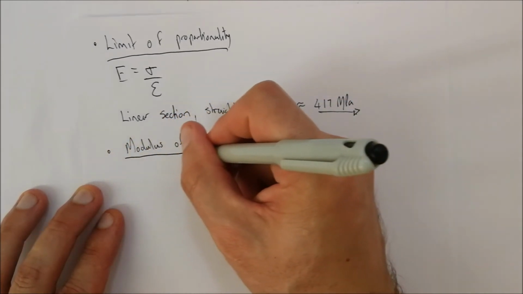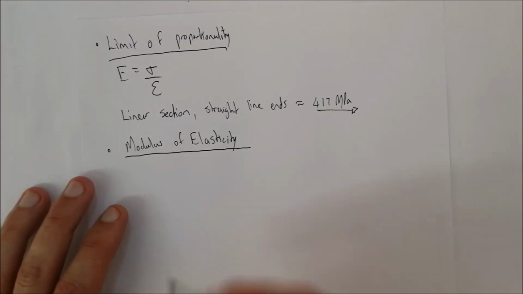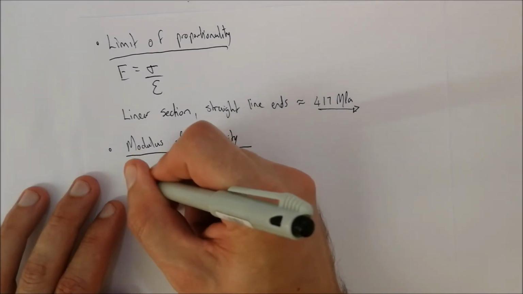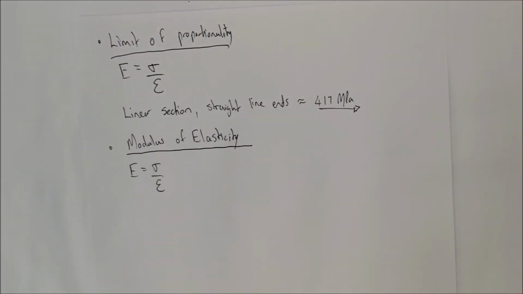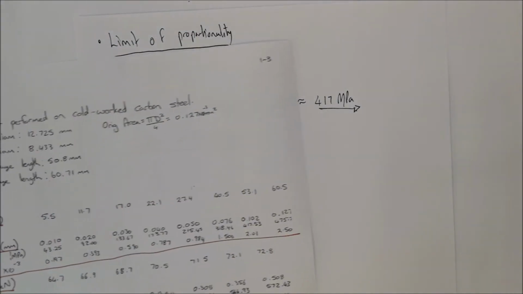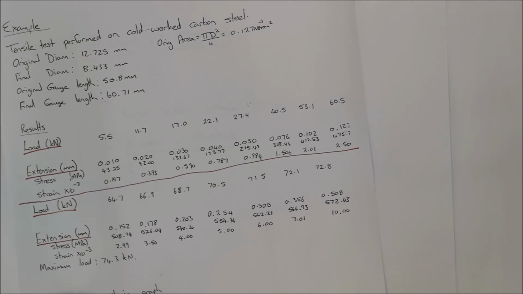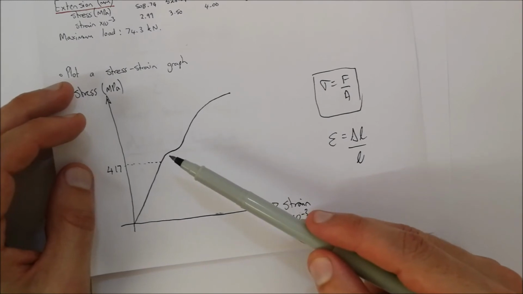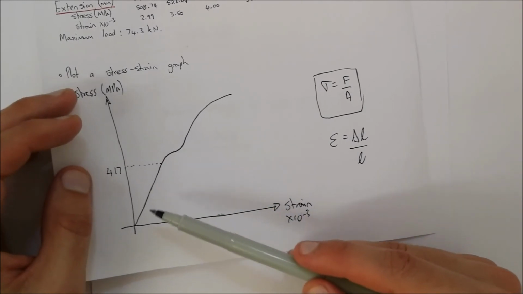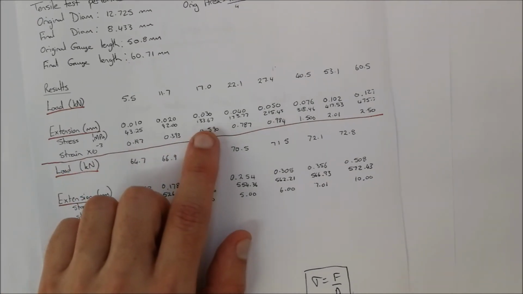Okay, and so that's again on that linear section of that graph that we're going to be looking at. So modulus of elasticity is equal to the stress over the strain. Essentially, we're going to be looking at any of these points over here on this linear section. If you look at the points on this linear section, we can actually identify the 2 points shown over here in the data that we obtained of